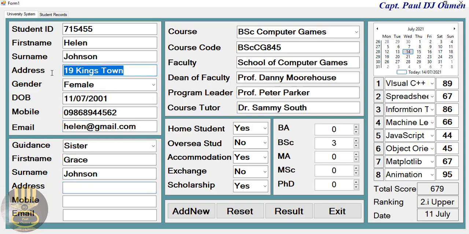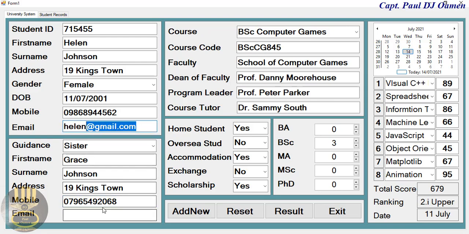So the address is going to remain the same, so let's just copy the address and paste that in here. Mobile number, and the email. So come right here, we can just assume the email is Grace at there. That's it. So what we then need to do now to work out the result is just click on result here. You can click on exit if you want. No, we need to enter all of these details. We need to populate it straight into the